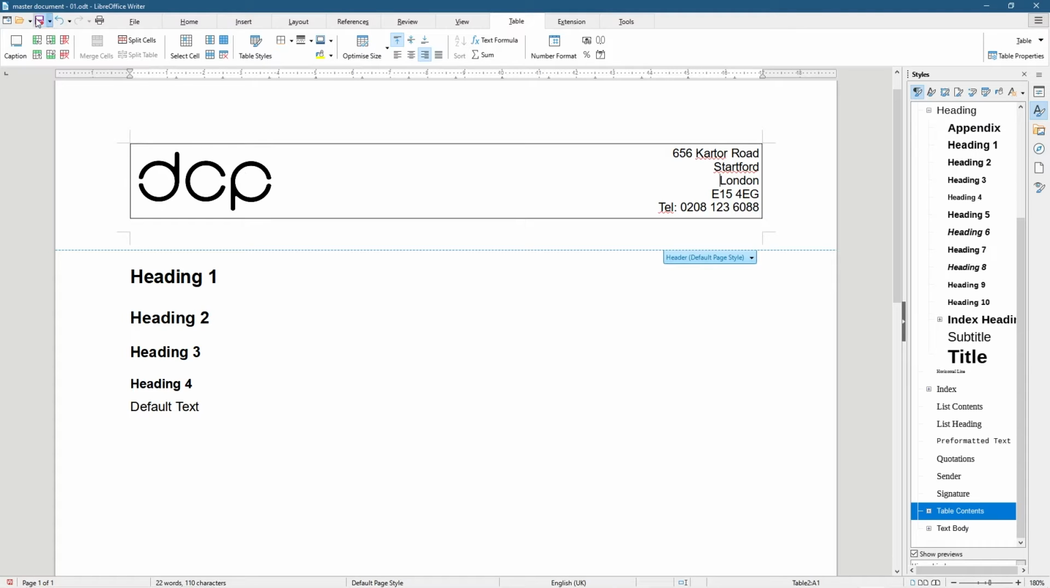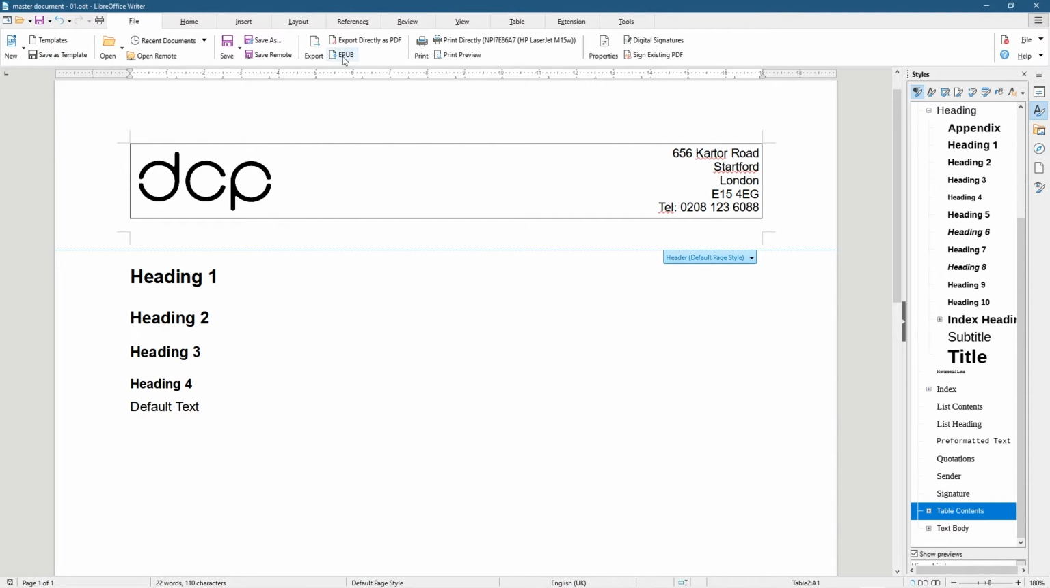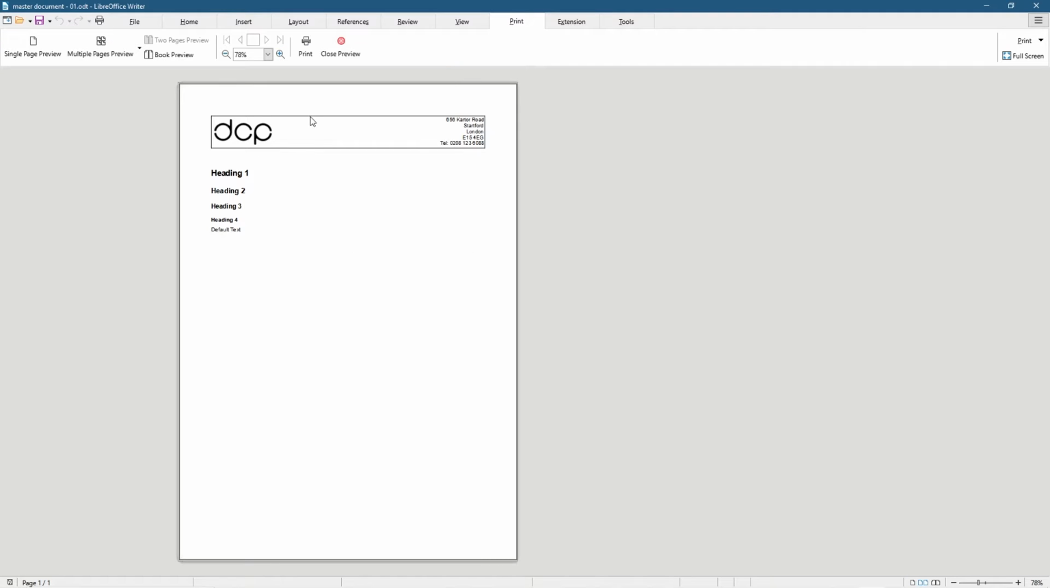Now let's go ahead and save this. So let's go to file, and we can go to print preview here. And when we click print preview, it's not the best, is it? We've got this border around the logo and our address, and we don't really want the whole border around everything. We just want the one